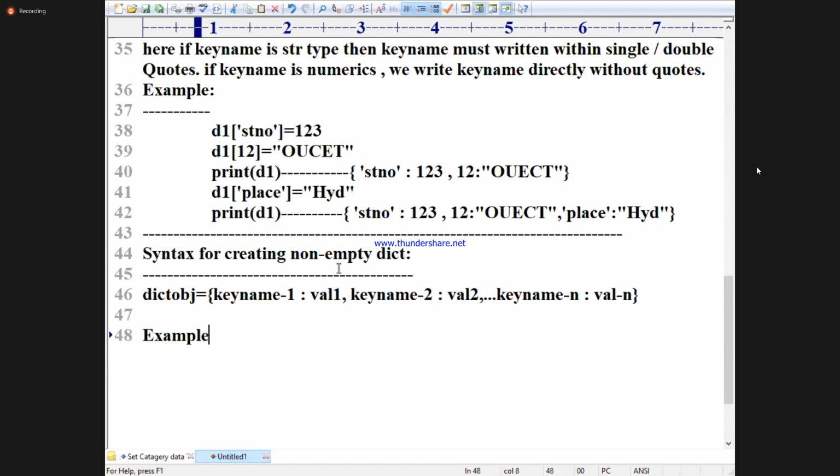Example. D1 is equal to STNO colon 100, comma C12 colon OUCET, comma place colon HYD.